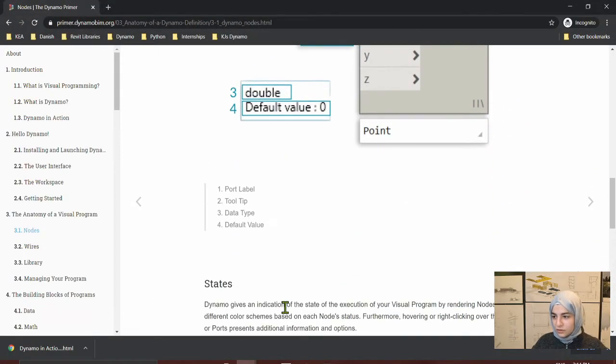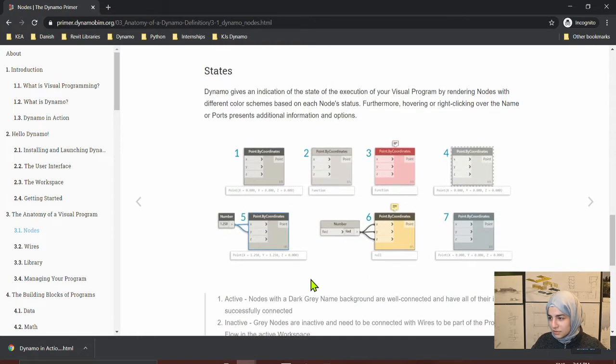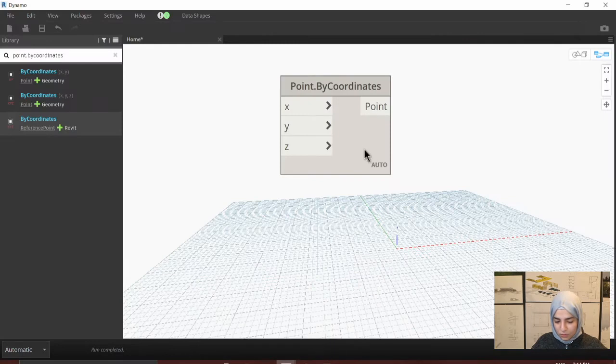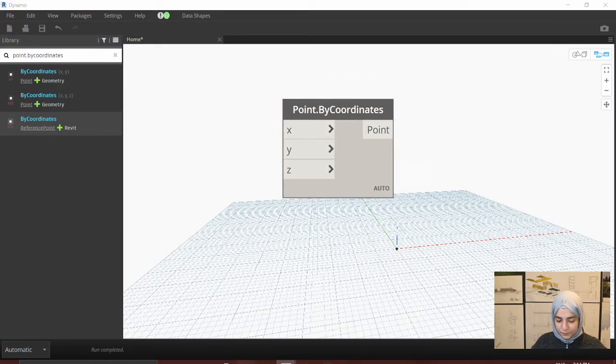Okay, that's done. So now I can start with the states. So use default. All